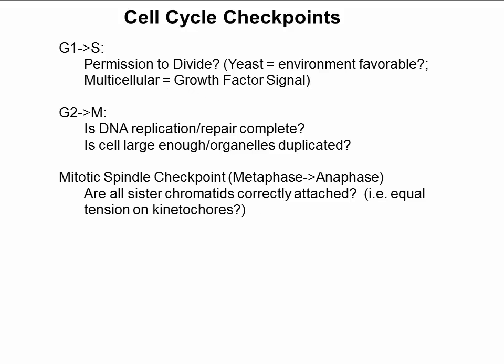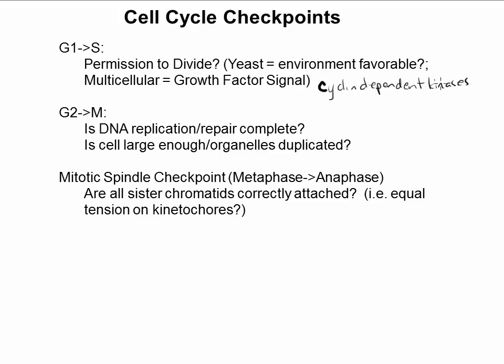So how are these checkpoints actually regulated? Well, as you can imagine, this is going to involve a whole network of cellular proteins and enzymes that are going to be basically the mechanism by which the cell is regulating progression from one stage to the next. And it turns out that some of these checkpoints have molecular mechanisms in common. So different specific proteins, but belonging to the same class. So for example, the G1 to S checkpoint and the G2 to M checkpoint both rely on proteins called cyclin-dependent kinases. Cyclin-dependent kinases, or CDKs.